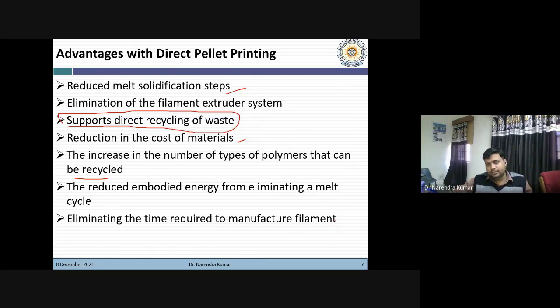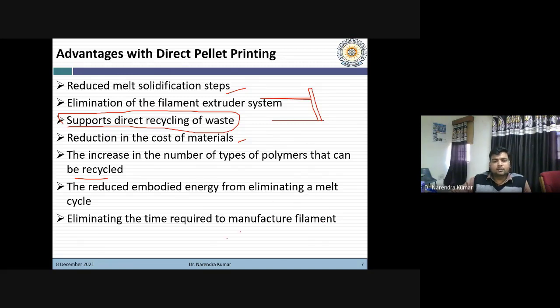So as I told you in the previous slide, precision is very, very important. If suppose your filament is not having precision, or not having uniform diameter, then it will be really very difficult for us to process that filament through the triple F. So that's why we need to make filament with a lot of precision.